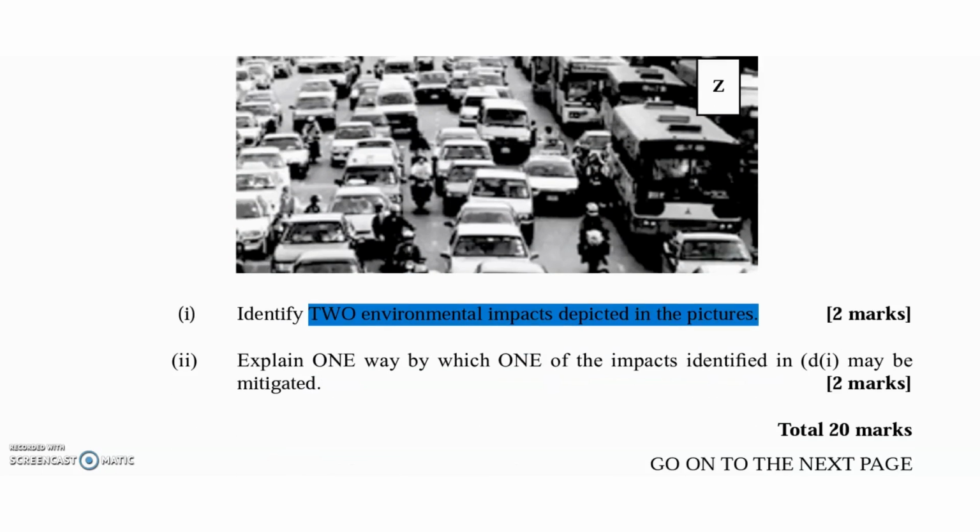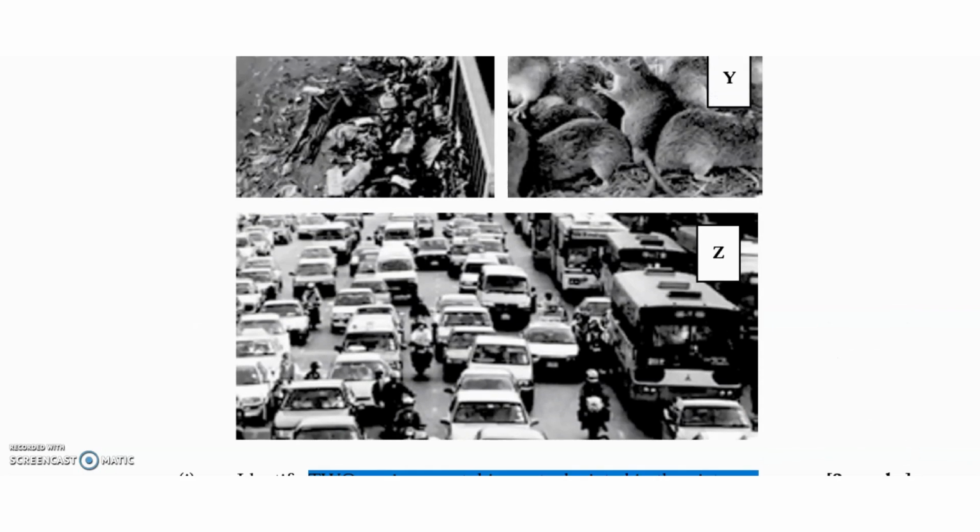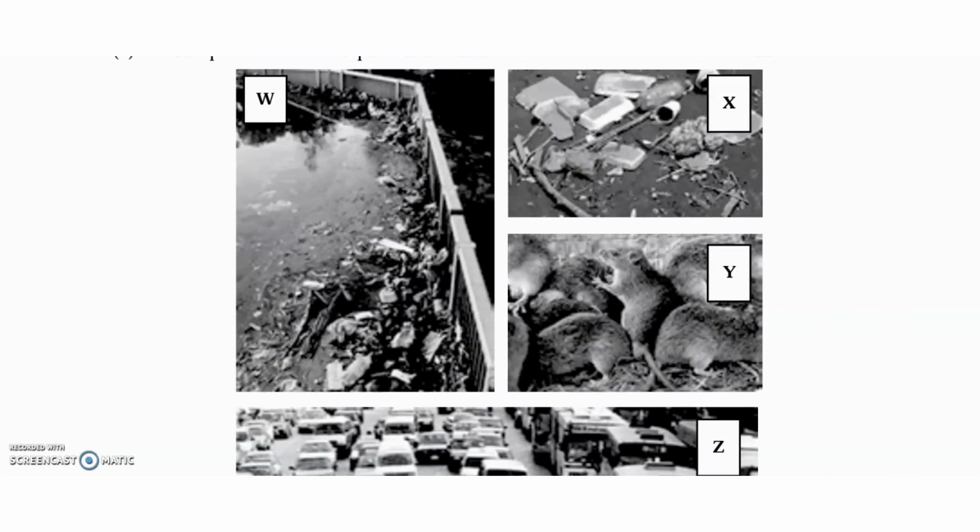So we already mentioned that. Now, explain one way in which one of the impacts identified in D1 may be mitigated or reduced. Now, class, let's go through this very quickly. I'm going to go through all. A way in which we can actually reduce water pollution and land pollution is